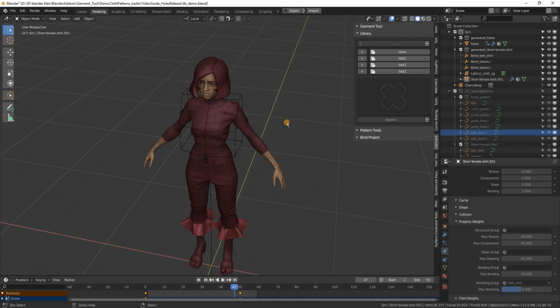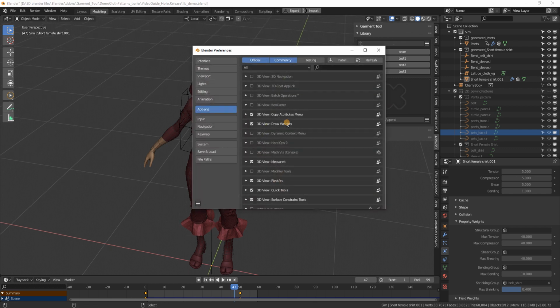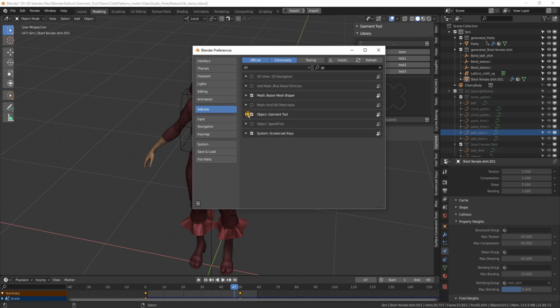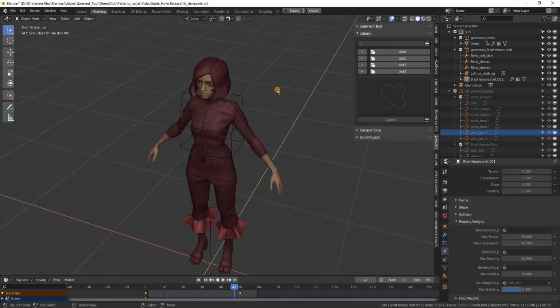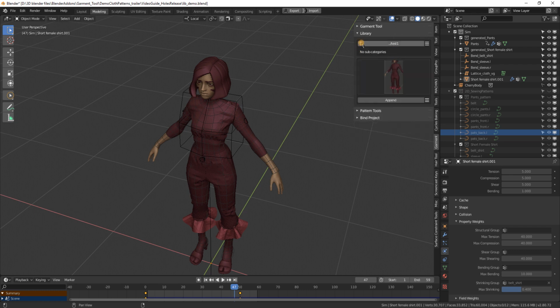So first thing is where do you locate the library. You can define this in the preferences of the garment tool. You go to this library tab, and in here you define where you want your library to be placed. So to manage folders, you can just click any name of those of the folder, and to go back you just click on this top button.